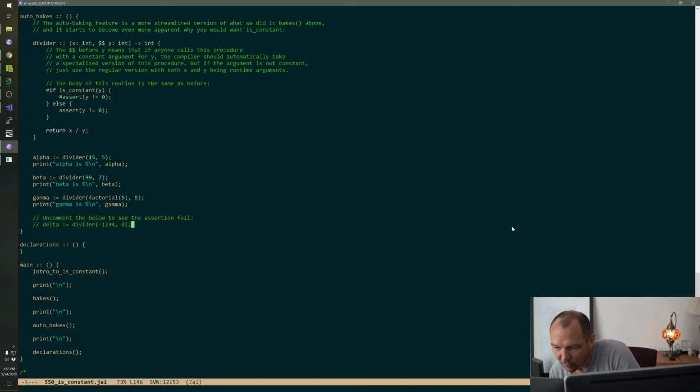Can you rewrite assert? Why do you have a bunch of apostrophes? Are you using a Japanese keyboard that's going crazy? Can you rewrite assert to use is constant to try to evaluate the expression with assert or do a runtime check otherwise? You probably could do that. The thing is, assert would have to be a macro. It could be a macro that does that, yeah.